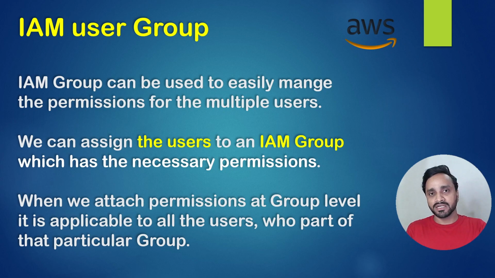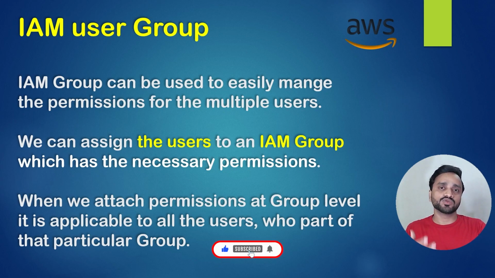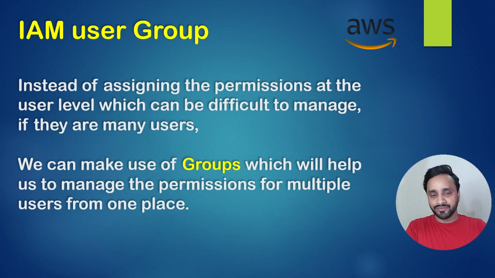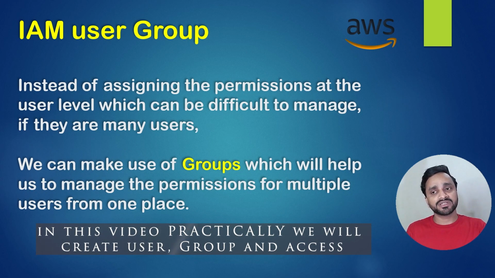Means if a group is created with some policies and permissions, and a user is added to that group, the user directly gets all the policies and permissions related to that group. We can assign users to an IAM group which has the necessary permissions. Here, user and group, these two points are very important. When we attach permissions at group level, it is applicable to all the users who are part of that group, instead of assigning permissions at the user level,